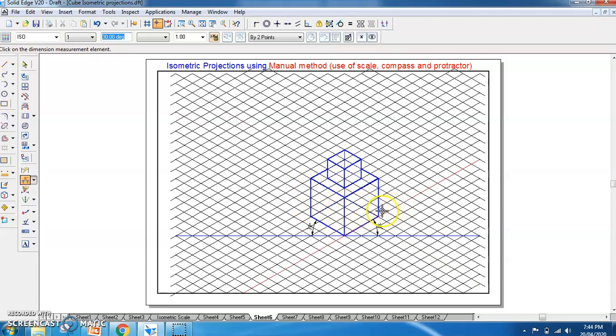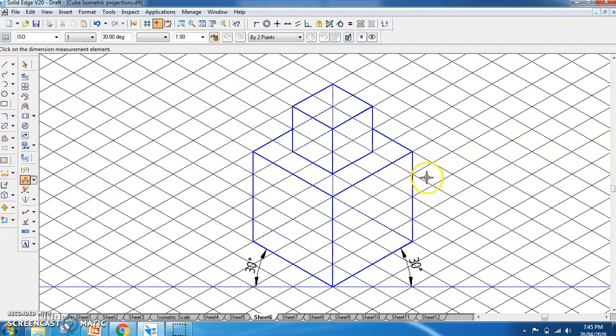Then all the vertical edges, lateral edges are vertical edges, so all these lateral edges are represented as vertical only but reduced scale, that is the isometric scale. And then again top face is the horizontal plane, so all the edges of the horizontal plane will be represented with 30-degree angle, and same thing you will be applying for this, and at the end you will be marking visible and invisible edges. Invisible you will not be showing by dashed line, instead you will be representing them by thin line if you are using them for construction purpose, or else you can avoid them. Okay, so this is the final view what you will be getting. Okay, so this you should draw it in the sketchbook.